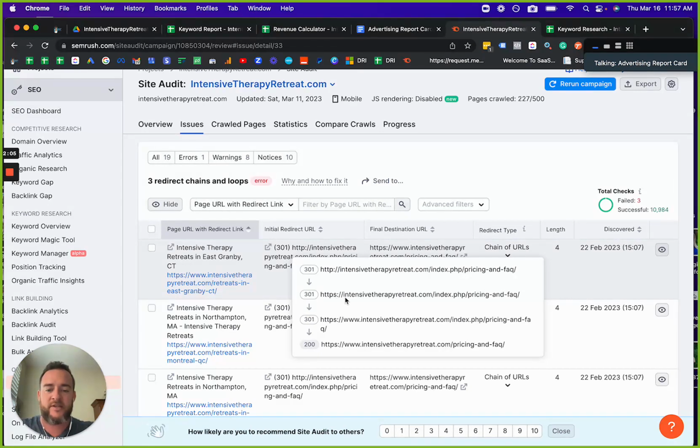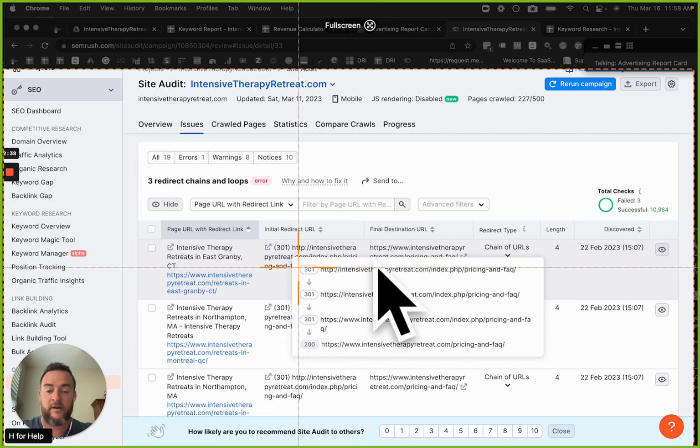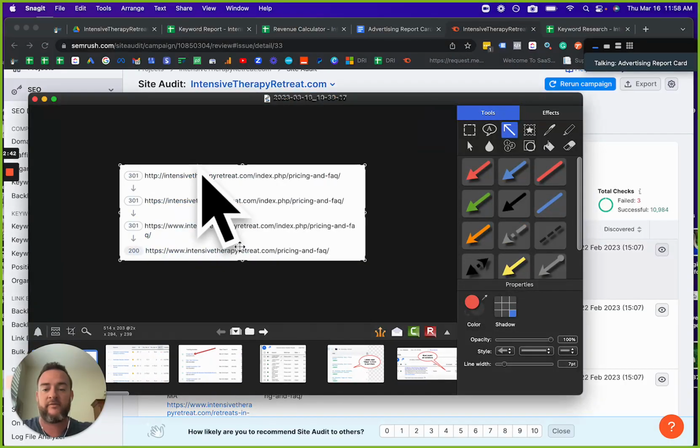But now that this HTTPS link is indexed, it was also redirected to a modified page for pricing. And now the final page with the proper URL is just the pricing and fact page. So realistically, what you would want to see is these three pages having their own individual 301 redirect link to this page. Instead, this page is redirecting to this page, that's redirecting to this page, that's redirecting to this page. This is an easy issue to fix. It's just about uncovering it and discovering it. I'm going to actually put this in the report just as a quick example to follow by.